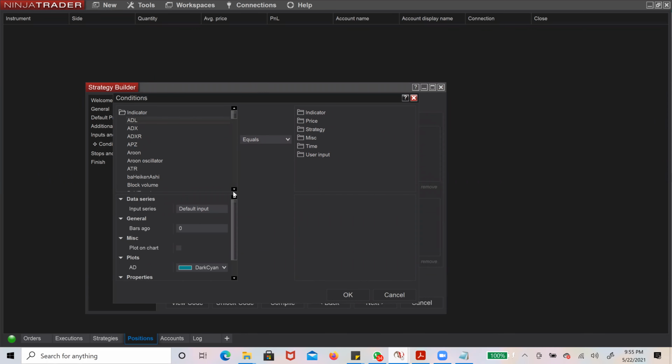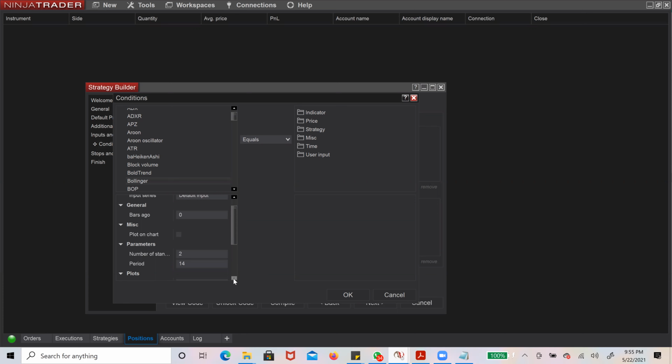Let's say you want to select the indicator called Bollinger Band, right? Now you set up what you want to do on the Bollinger Band. Let's say on the Bollinger Band, if it is arithmetic to 1, then what you do,